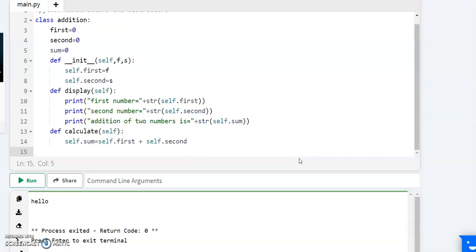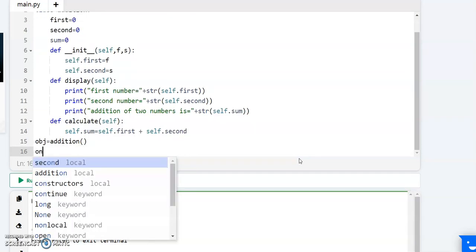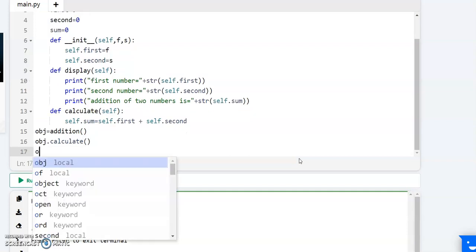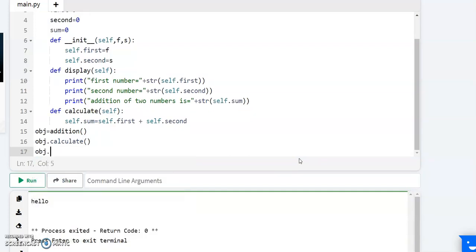Next, obj, creating object, class name is addition, right? Addition. Next, obj.calculate. Next, obj.display.